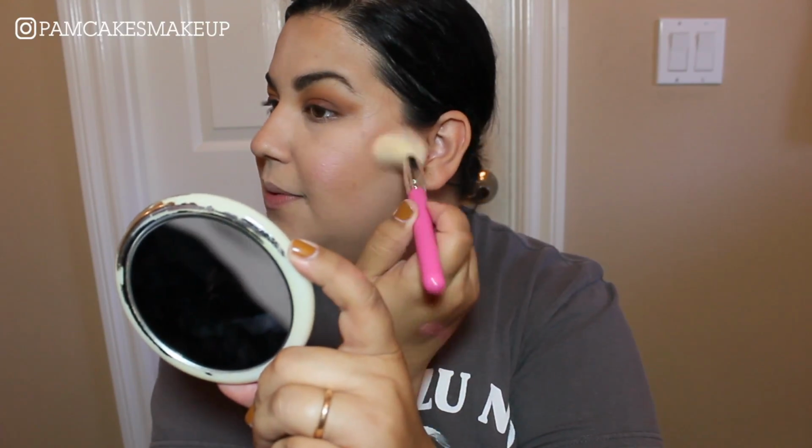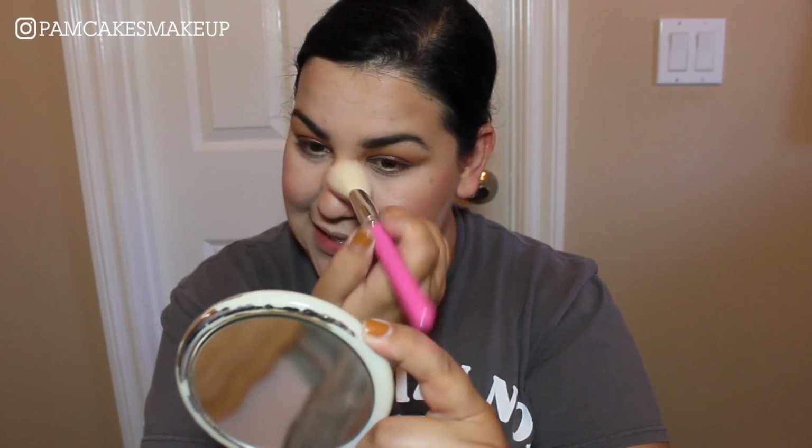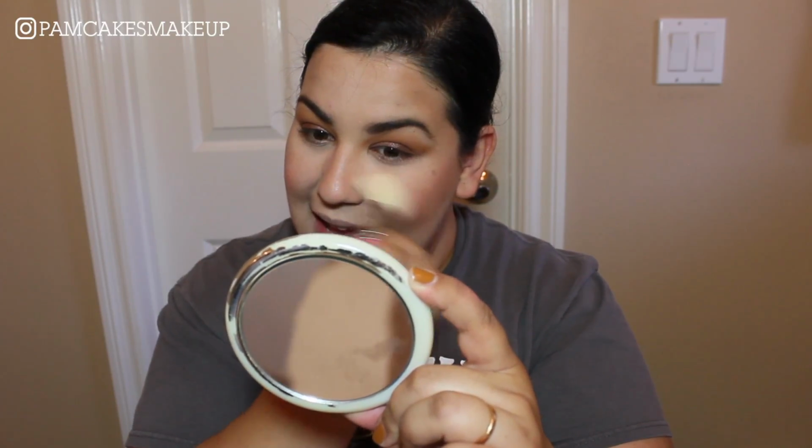Oh my gosh, yeah, it's very, very pigmented and goes into the skin really nicely though. But you see all that? Like, that's just not me. I don't like shimmering blushes or anything like that right now, especially since it's summertime and I kind of prefer something matte, only so that I don't look so oily or greasy